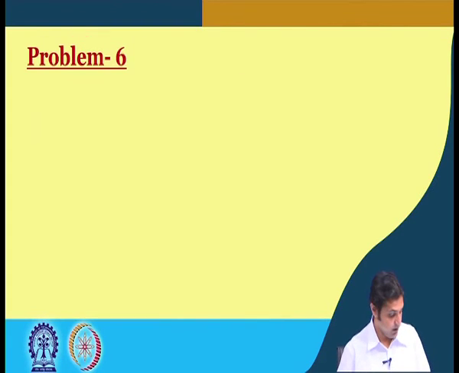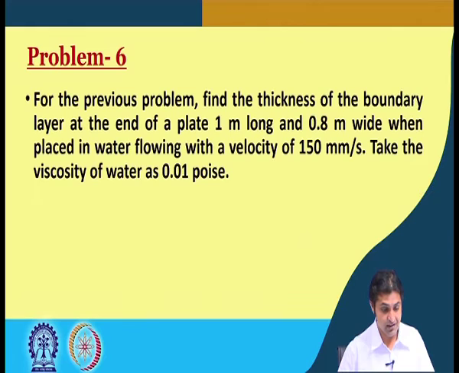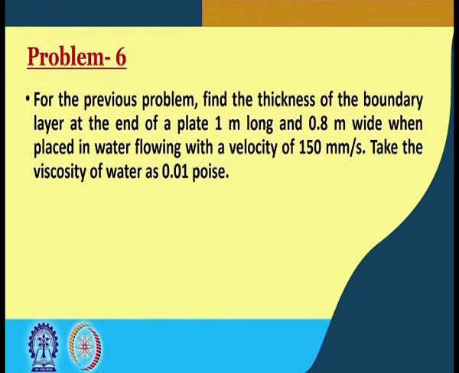So now the last problem in this set is that for the previous problem, find the thickness of the boundary layer at the end of plate 1 meter long and 0.8 meter wide when placed in water flowing with the velocity of 150 millimeters per second. So the question theoretically we have done, now we need to put in some values, and it says take the viscosity of water as 0.01 poise. Okay. So to solve this,